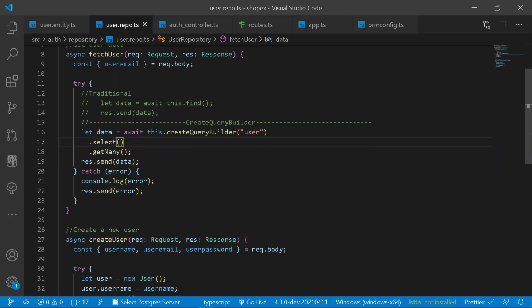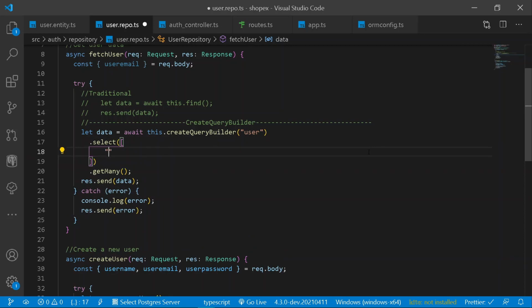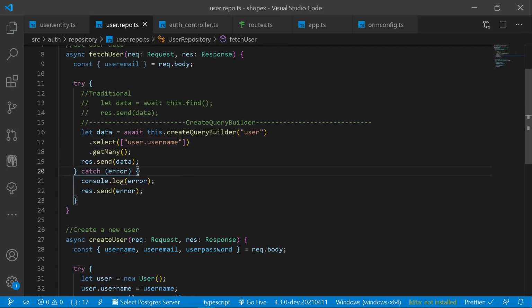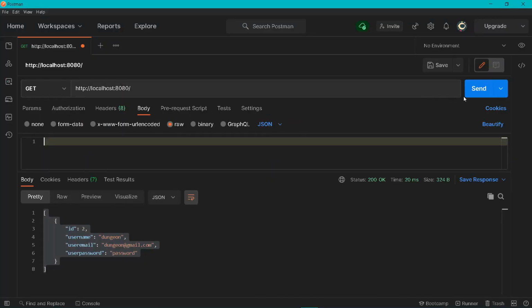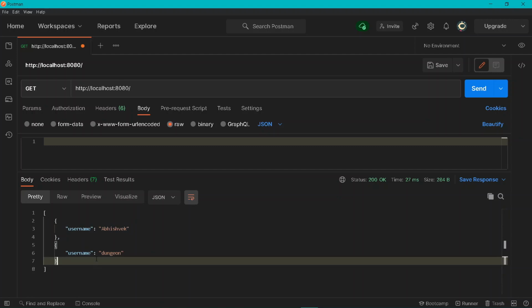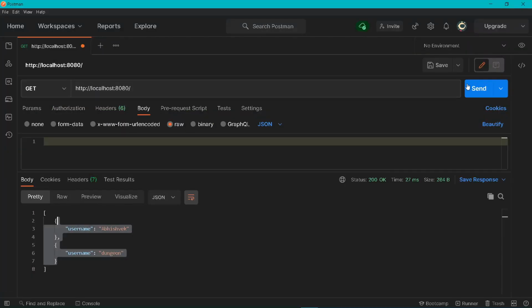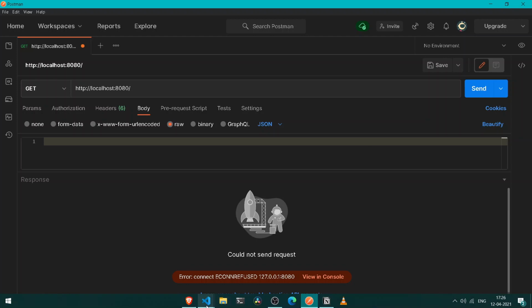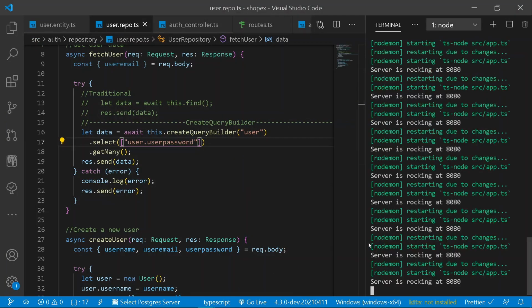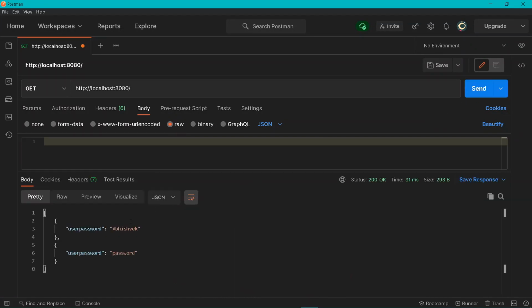But you know what, you can also do one thing. Under the select property you can select a particular data from the user. So let's say I want to only query my username which is available under my users table. So if I go back under my Postman, and here if I simply press send, alright, let's remove everything off, I will be getting only username instead of all the user data. And if I go back and if I simply say user password, let me show only user password, and if I go back, press send, alright, let the following thing be loaded up. Let's check it up. Cool, so server is rocking now. And if I press send, you can see we'll be getting only user password instead of all the data of the user. This is really great, isn't it?